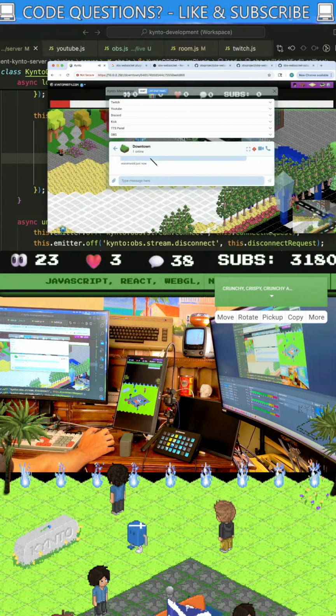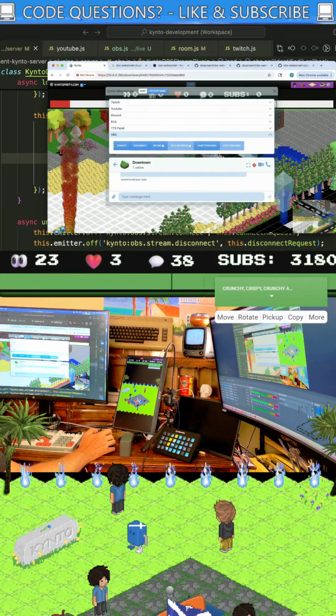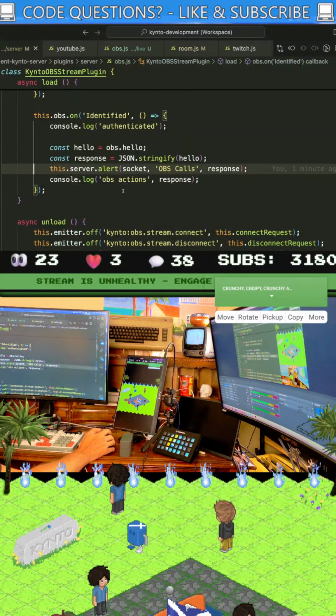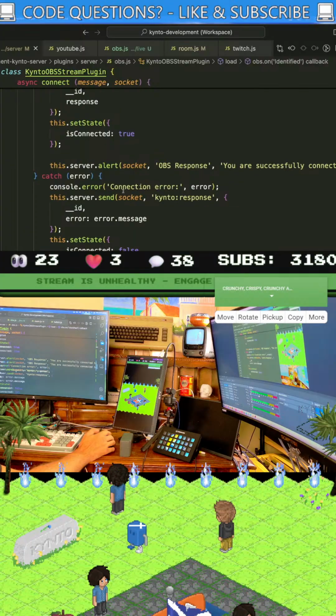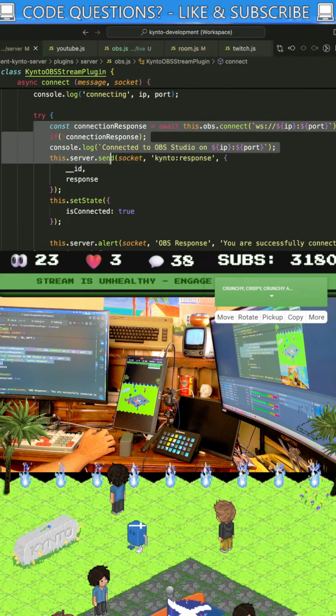So OBS is up on the computer on my lap here. I'm gonna click connect, just see what happens. Alright, error not connected. Hit it again. Some of the changes I did for actually initiating a connection failed. So there might be a reason why I had this set up as